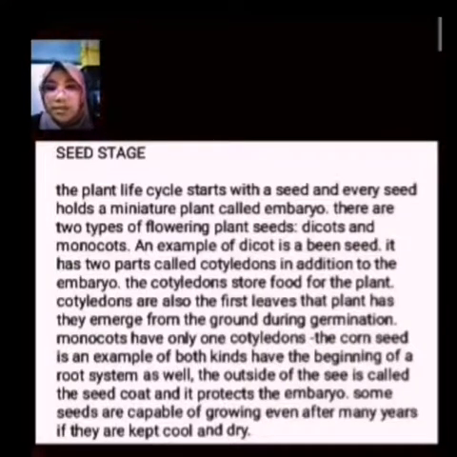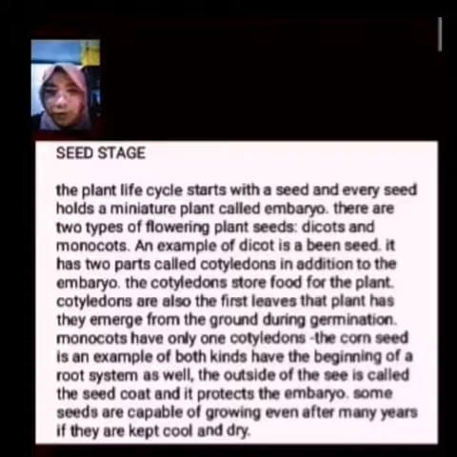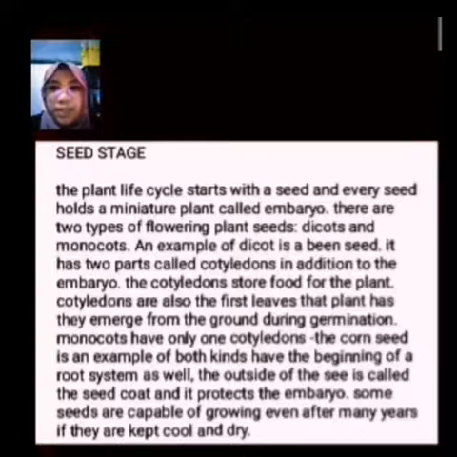Flower life cycle. First is the seed stage. The plant life cycle starts with a seed, and every seed holds a miniature plant called an embryo. There are two types of flowering plant seeds: dicots and monocots. An example of a dicot is a bean seed. It has two parts called